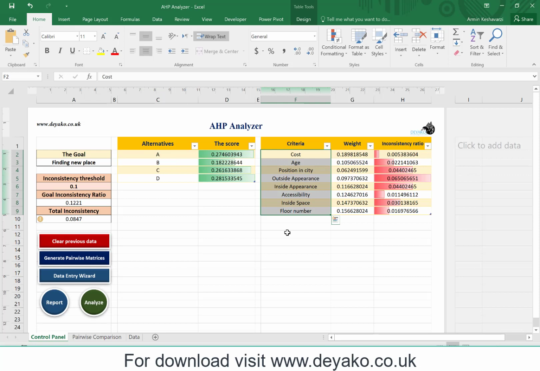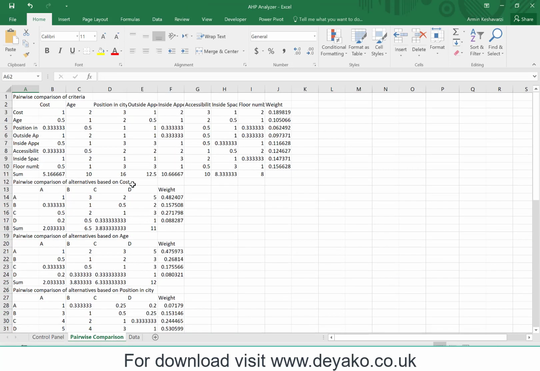So we need to create pairwise comparison matrices in order to compare criteria together based on the goal, and compare each of these alternatives together based on each of these criteria. So we need at least 8 matrices for alternatives comparison and 1 matrix for criteria comparison. If you use this Excel file, these matrices will be created automatically, and the first matrix will be the pairwise comparison of the criteria. Here we can see this is the first